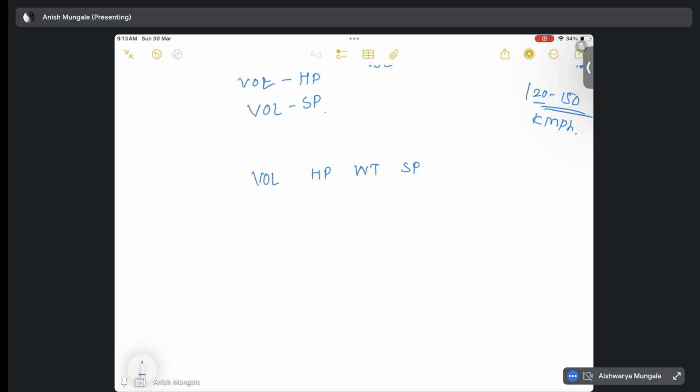How many unique plots will I have to plot in order to understand their correlation? Six. Yeah, correct. So six will be volume versus horsepower, volume versus